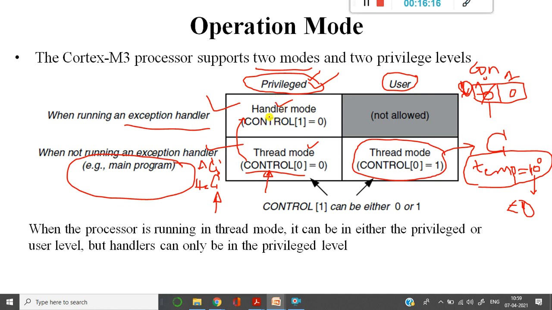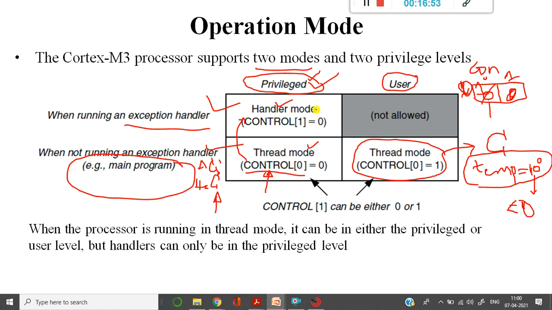Now the control will move straight to that program, the processor has to execute that particular program, and it should inform the other programs, don't disturb me, don't give me any other program to execute. So what it does is go to control bit 1 and make it 0. Once this is 0, irrespective of whether control bit 0 is 0 or 1, it will be executing handler mode itself.